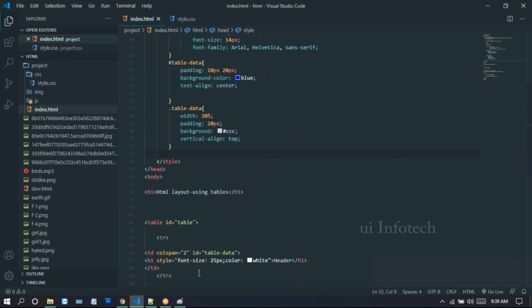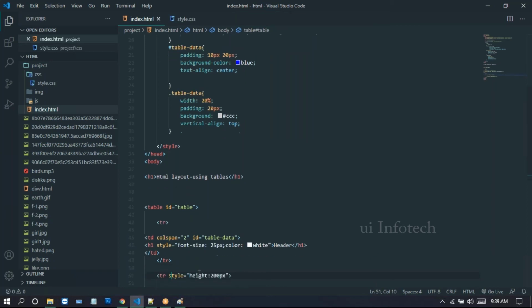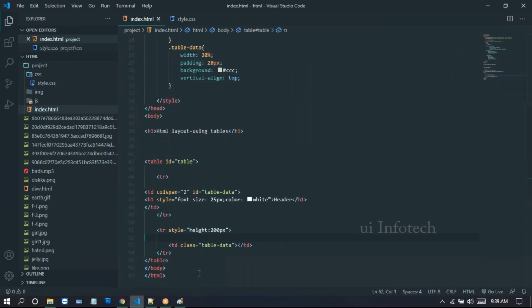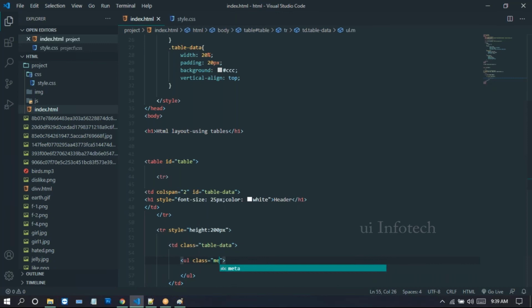Next, inside of this tr, for this table data, we use the ul tag. For this ul tag, I'm just providing the class name as menu items.